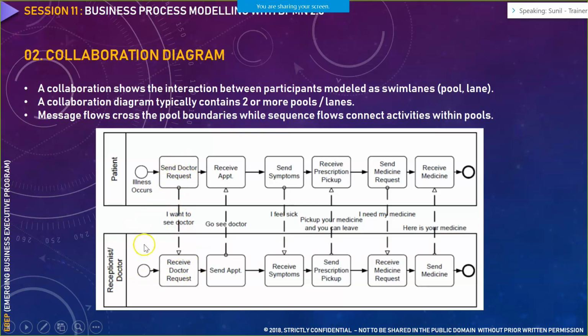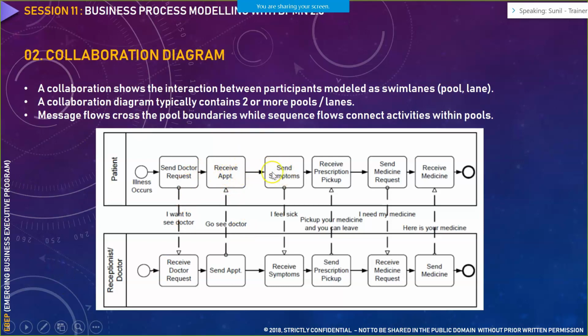Now that particular request comes to this doctor system, wherein there is a receptionist, or the doctor can entertain the request themselves as well. Now, where does the process start here? From the doctor system, the process starts the moment they receive a request from a particular patient. So illness occurs, the patient sends a request, the doctor receives that request, and a process is started. After that, the doctor sends an appointment to that particular patient. Okay, at this particular time, this particular day, you come and meet me. So the patient receives an appointment.